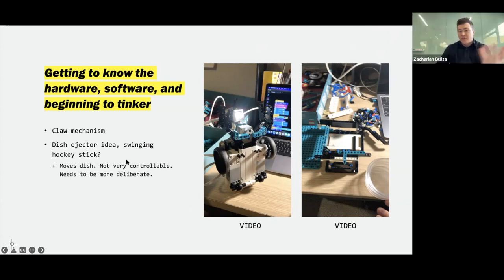All right. So the Lego kit that I'm utilizing here is the Lego Robotic Inventors Kit. And so in order to first attack the problem, I first had to get to know the equipment, the software, the hardware, and really know what I'm dealing with in order to utilize that as a tool to make the automation process. So first I decided to tackle both the ejector method for getting these plates out of the stack of plates, as well as sort of what's going to go into making the claw that's going to be able to grab the lid off of each one of these plates, because